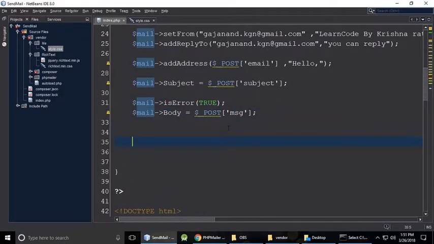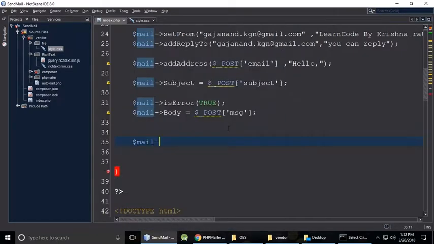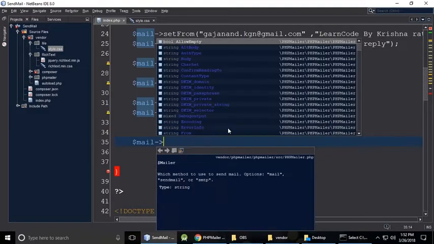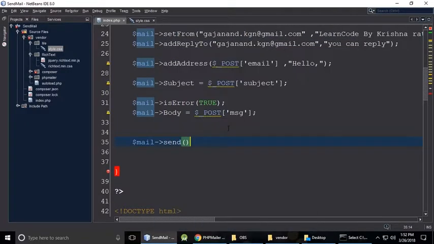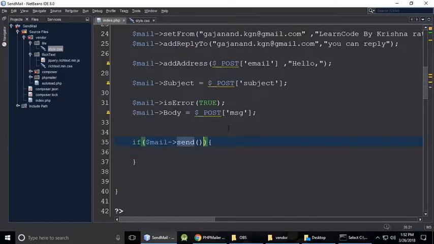Let's just call a final function which is mail. So dollar mm, mail, and call the mail function. Okay, call the send function which is this one, so it will return true or false. So let's add an if and else condition here. So if it is true, and if it is not true,